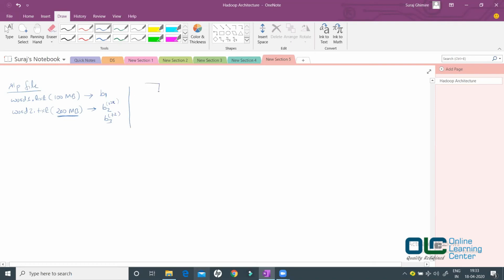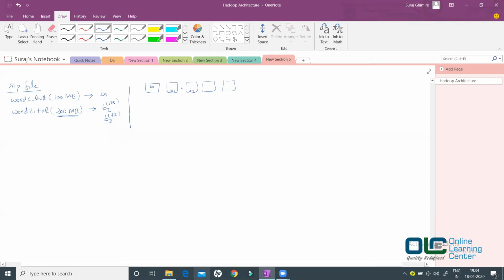After this, the data was divided into blocks and they are stored in your cluster. So let's say this is my cluster, 1 2 3 4 and 5. So your B1 is here, your B2 is here, your B3 is, let's say, here. So see, this data is already present in your HDFS, with no key value concept as of now, because the data is just stored. The data contains the raw data like apple, apple, ball, ball, apple, apple, apple, ball, whatever you can think of. So they are all stored in B1, B2, B3 blocks like this, right?